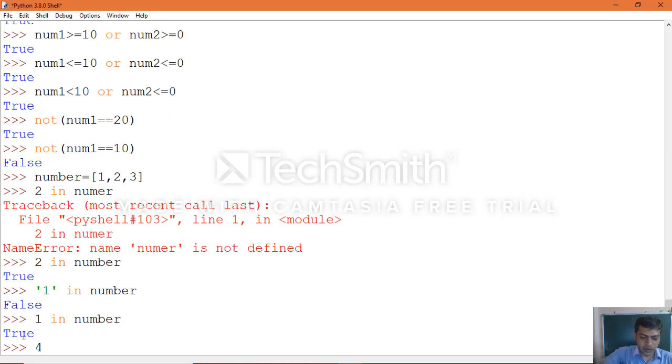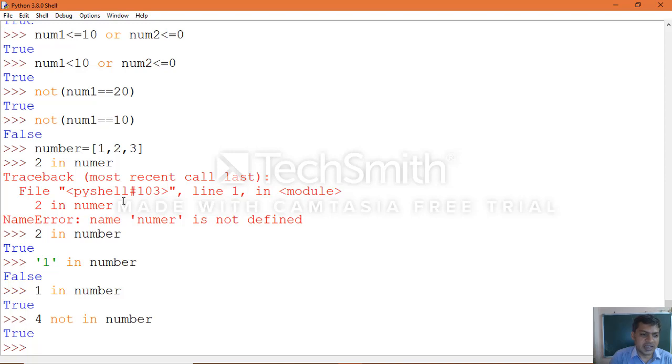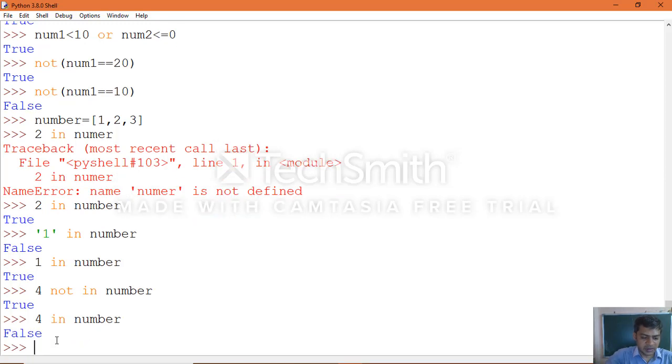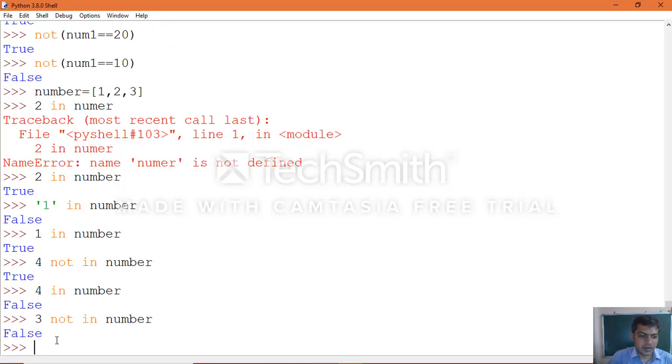Same way for not in number sequence, true, because 4 is not there in the sequence which we have defined. Same way 4 in number, false.